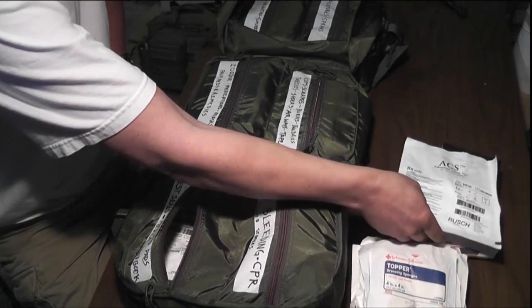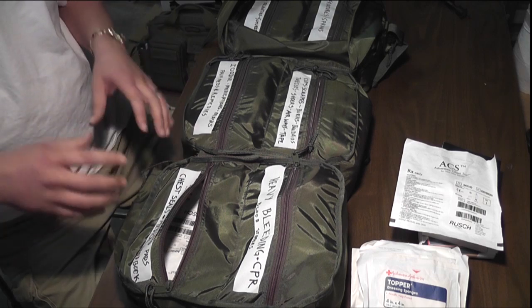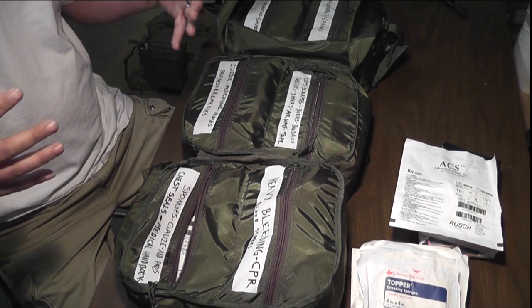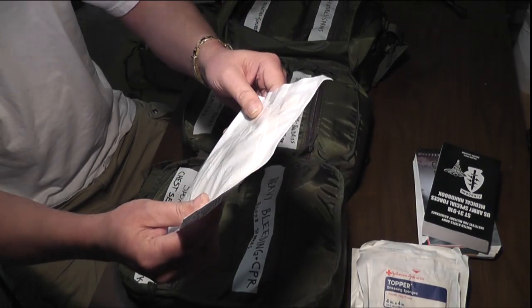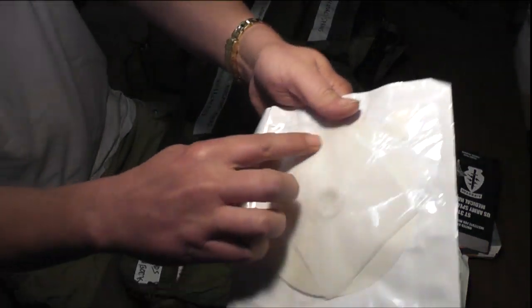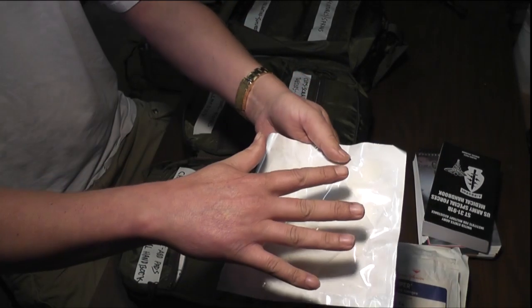What happens is your lungs expel air as you inhale into your chest cavity, and the more the individual inhales, the tighter, or rather the more filled his chest cavity becomes with air. What these guys do is there's a little gauze pad, and basically it's just a rubber flap that you place over the bullet wound,